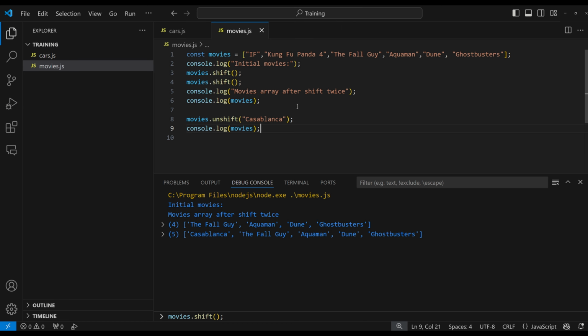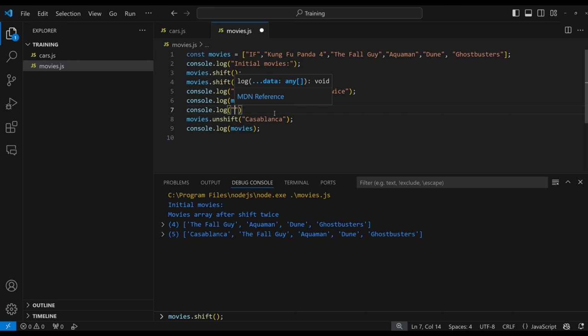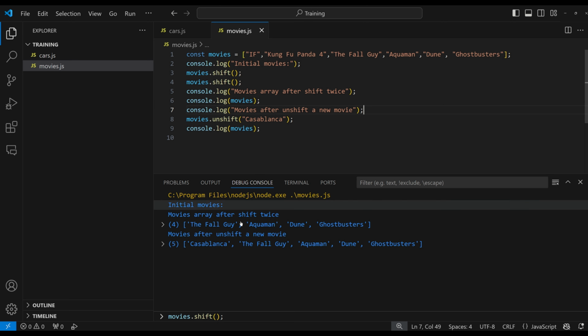Okay, so let's include another console log to specify movies after unshift, new movie. Okay, let's run again. Now it's clear.